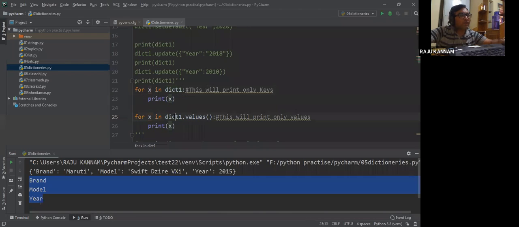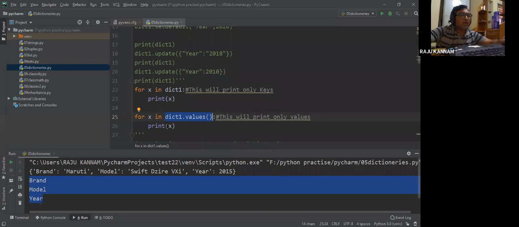So for that, you have to say for every element in dict1.values. How can you refer to the values in your dictionary? By using the method called values. For every element in dict1.values, this will refer only to the values.